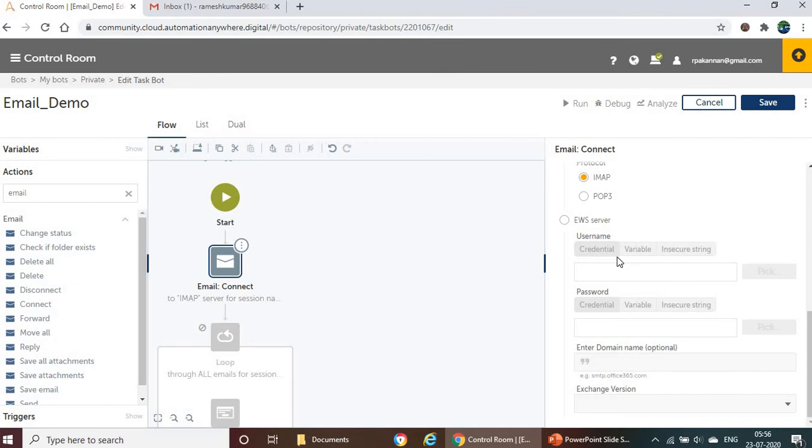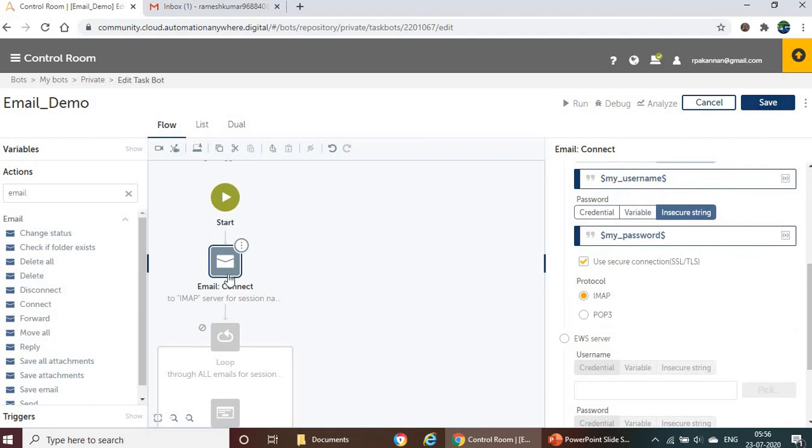Maybe you have a question: previously you said we need to use the SMTP for forwarding or replying to the emails, but currently you are using the IMAP. Because currently I am just going to connect to the email server and read the emails. If I give the IMAP address, then only it can read the emails. When you are using the forward action, at that time you can provide the SMTP address. So this is just for reading the emails from the email server. In the next action you will learn why we are using this IMAP.